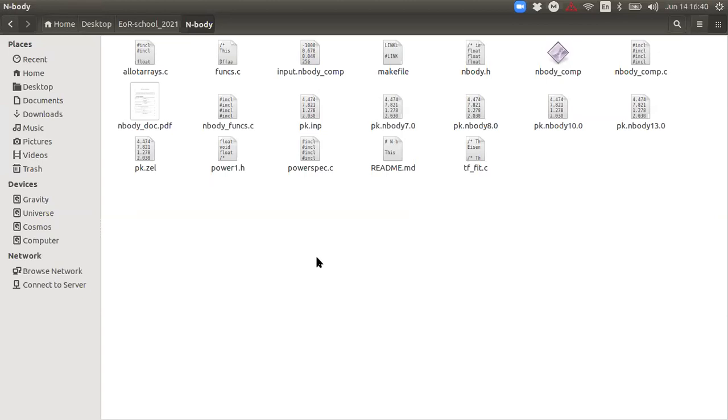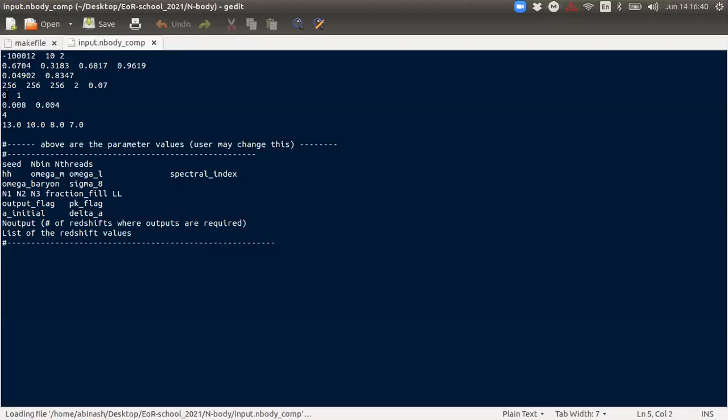And Avinash, there is one question from Anindita. Can you please repeat what the output flag signifies in the N-body code? The output flag in the N-body code is, if you keep it 1, then your output will be in grid units, not in physical units. That is the difference. If you want it in grid units for some reason, you can have it, but generally people would like to print their particle positions in physical units, in megaparsec.